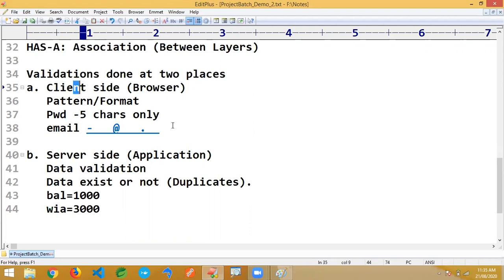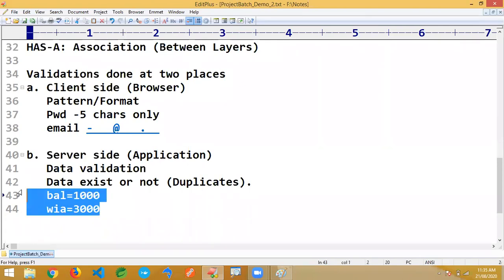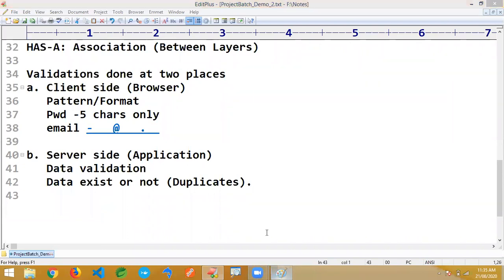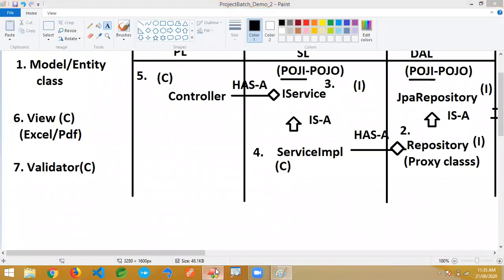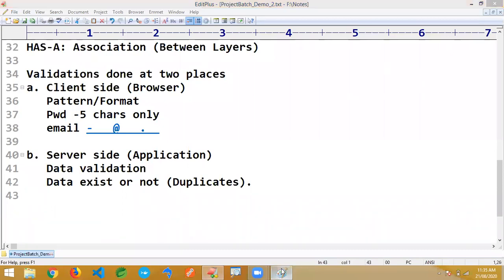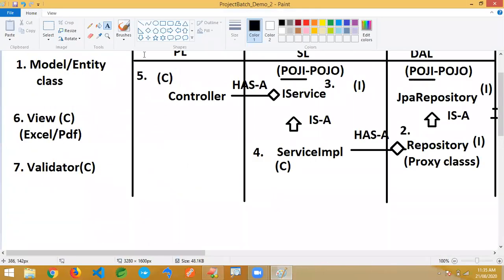In the UI, what it is going to check is whether the withdrawal amount is a number or not. But at the server, it will check whether the balance is greater than the withdrawal amount, at least greater than or equal to, then only can it be taken. Otherwise, we should not allow. That is done at the server side. If you want to do server side validations, then we are going to write a concept called a validator class. Of course, you can handle it using Ajax concepts also, but finally validation is done at the server side only. Whether you use the Ajax concept or a direct implementation, there should be validator logic which validates data at the server side. This validator indicates a server side validator I'm writing.